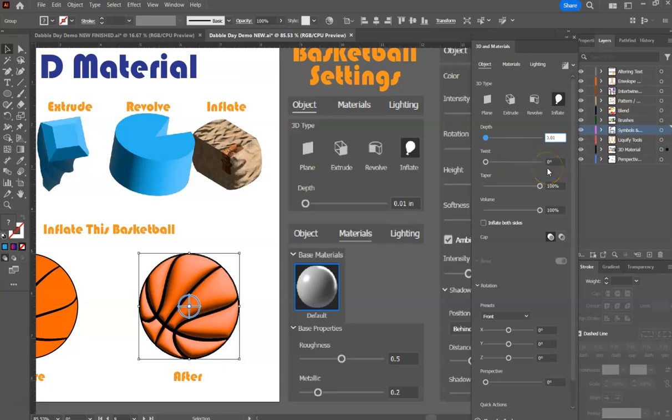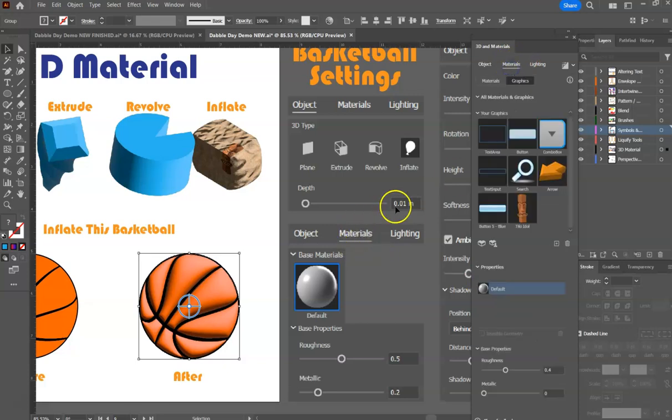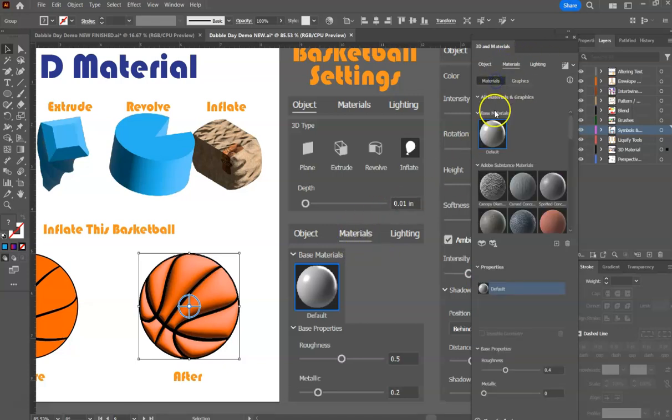So the twist is at 0 degrees. And volume, we'll just leave them at 100. As far as the presets down here, the rotation, we'll just leave. Okay, now we're going to switch over to the materials. And you can see I'm just using the basic material. So I'm going to use the default option. I'm going to change its roughness to 0.5, its metallic to 0.2,